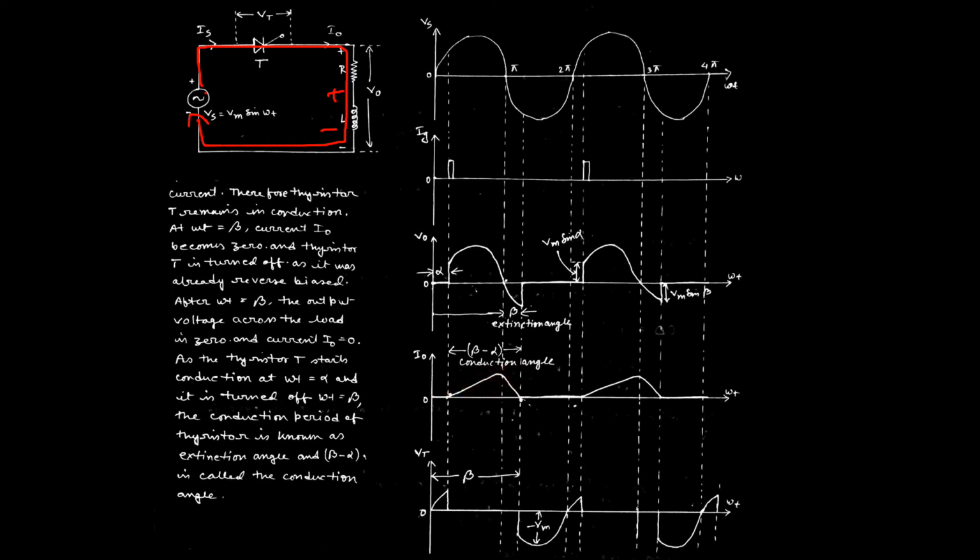Now consider what happens after crossing the angle pi. Just crossing the angle pi, as per the normal behavior of the sine wave, the supply goes negative. That means the thyristor will immediately be in negative biasing condition. At the same time, the inductor, which has stored the maximum energy due to the presence of Vs, has a voltage across it that reaches the maximum, that is Vs. That means at this particular point just after pi, the inductor tries to discharge.